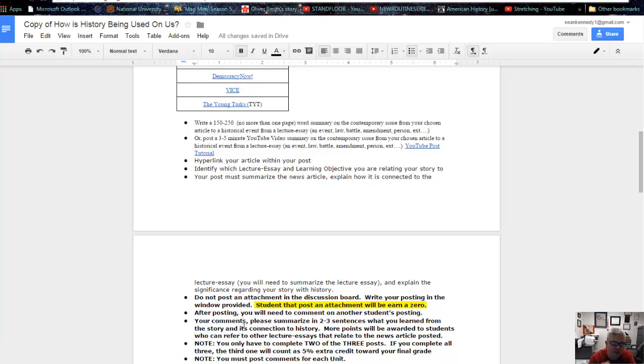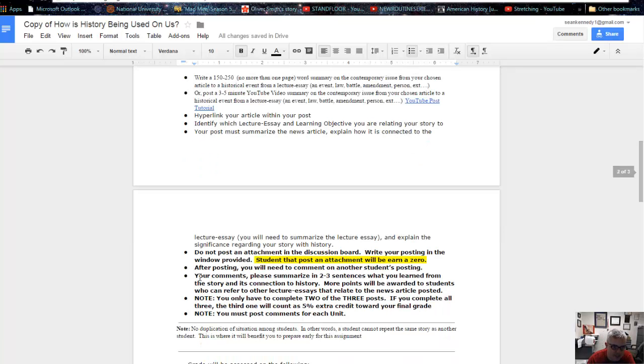Once students begin to post, you will need to comment. Your comments basically need to summarize in 2 to 3 sentences what you learned from the story and its connection to history. So you're going to read the article that they linked, and then you're going to read their posting, and then explain in 2 to 3 sentences what you learned from the story and its connection to history. More points will be awarded to students who can refer to other lecture essays that relate to